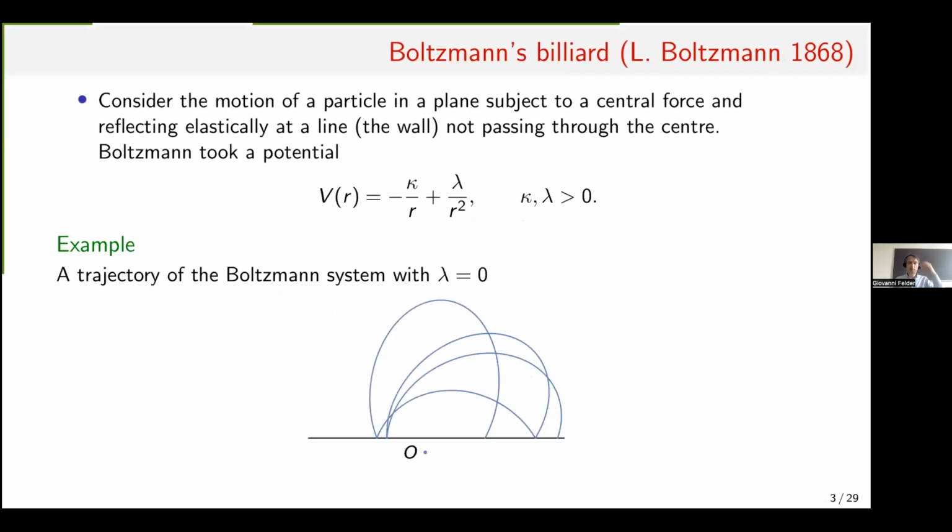So what I described so far is a case where lambda equals 0 in this potential. Now you can ask what happens if I add the centrifugal term lambda, which Boltzmann added, and he was clever to do it because for lambda equal to 0, this is integrable. Now, if lambda is small, then there is this so-called KAM, Kolmogorov-Arnold-Moser theory,